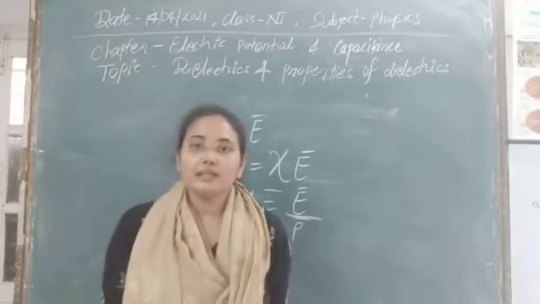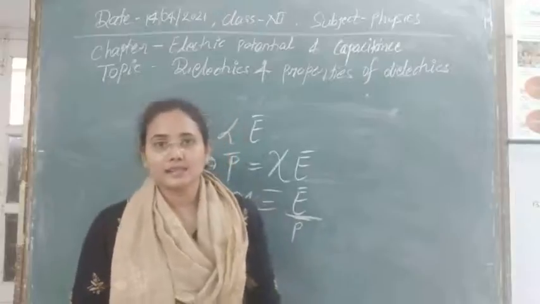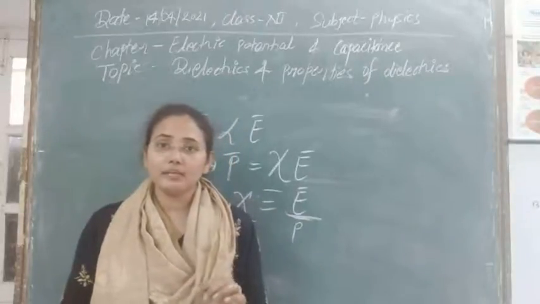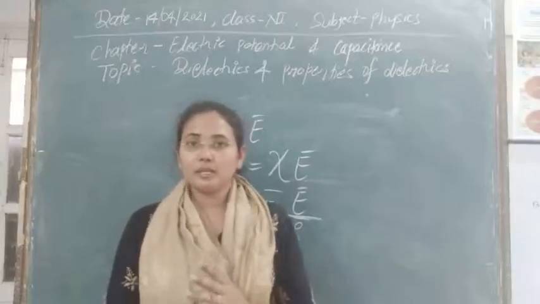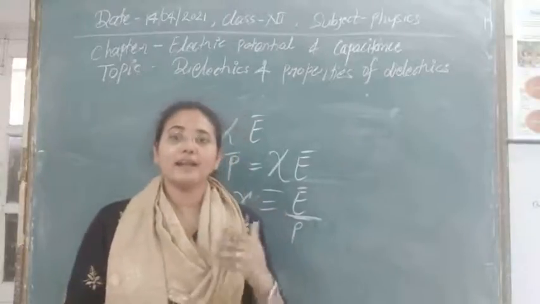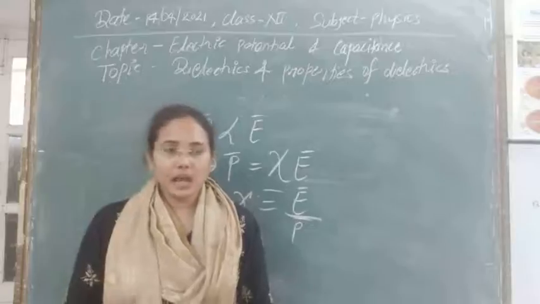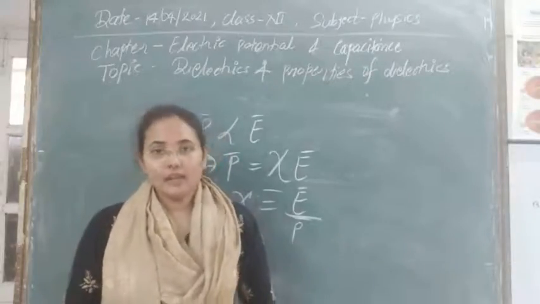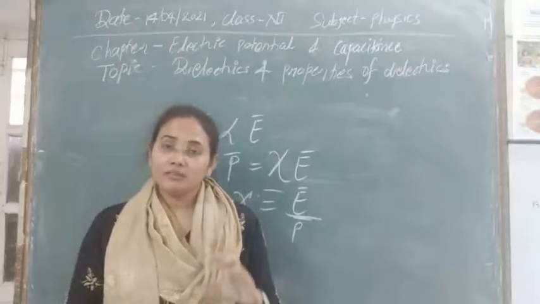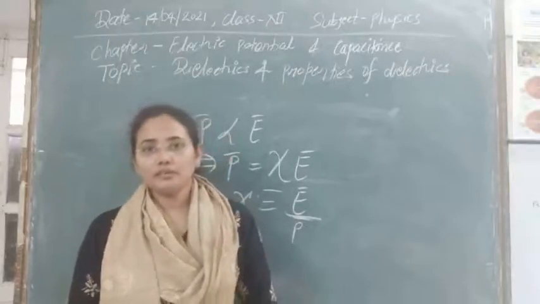So simply, by the definition it is clear that electric susceptibility is a property of the medium. It is the fundamental or basic property of the medium that tells us about the polarization of the medium: how much we can polarize that medium, and how many electric dipoles we can form with which amount of electric field.